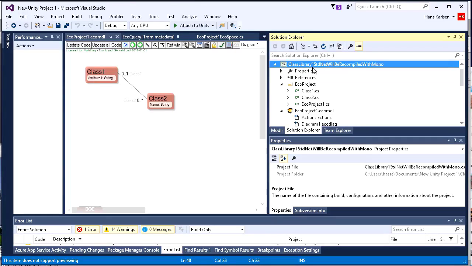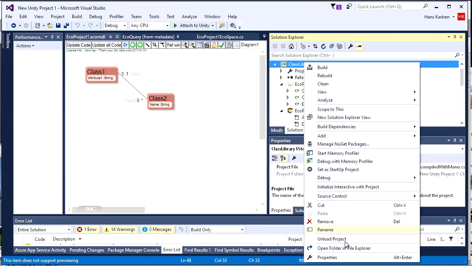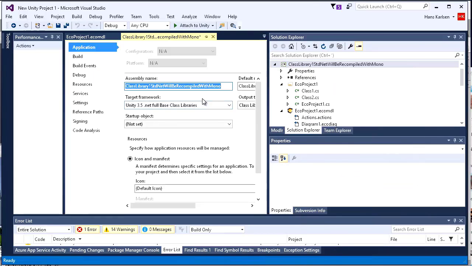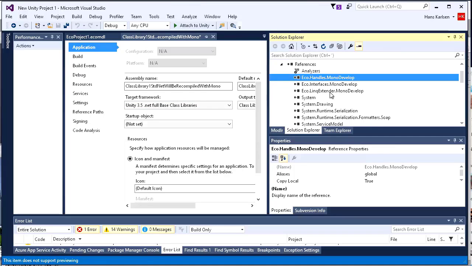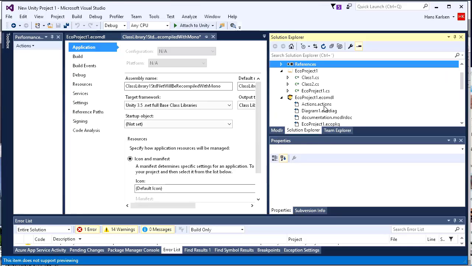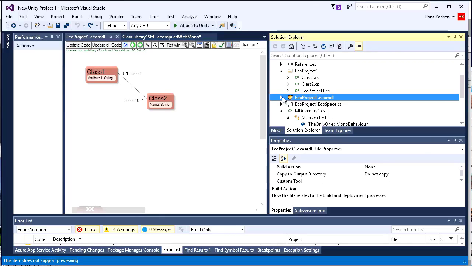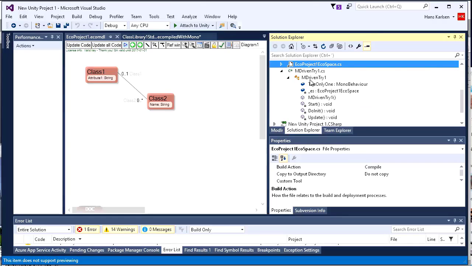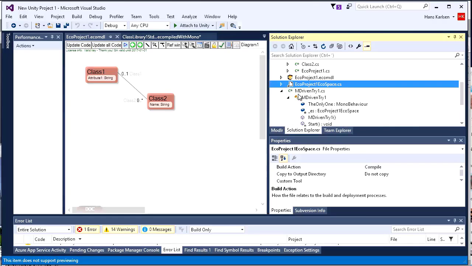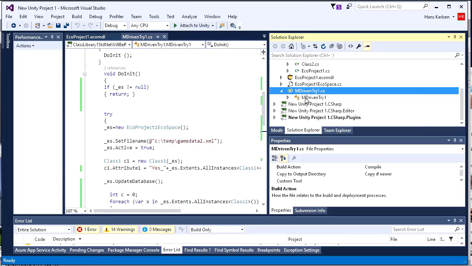And if I switch to Visual Studio, I see that the class library that I'm building has a target framework of Unity 3.5 .NET full base class libraries, and these reference a new build of the eco handle interfaces and link extender that also use this. But apart from that, you can do anything you want with the model, just as we have looked at before a million times. And what I do then is add a new class that